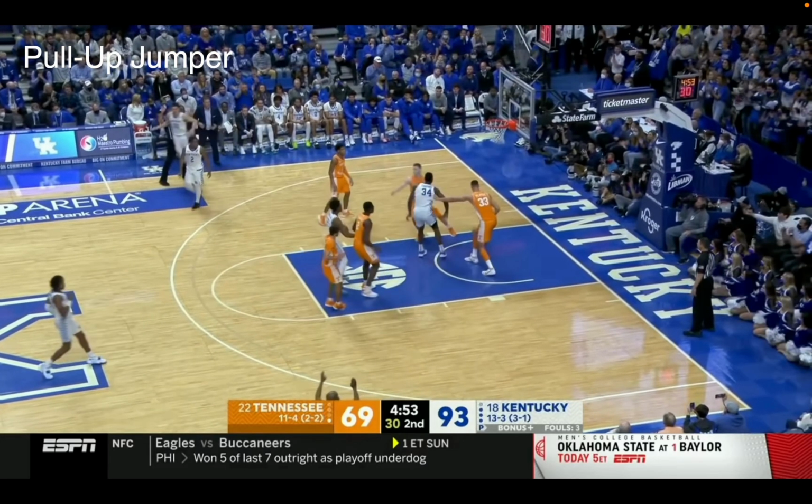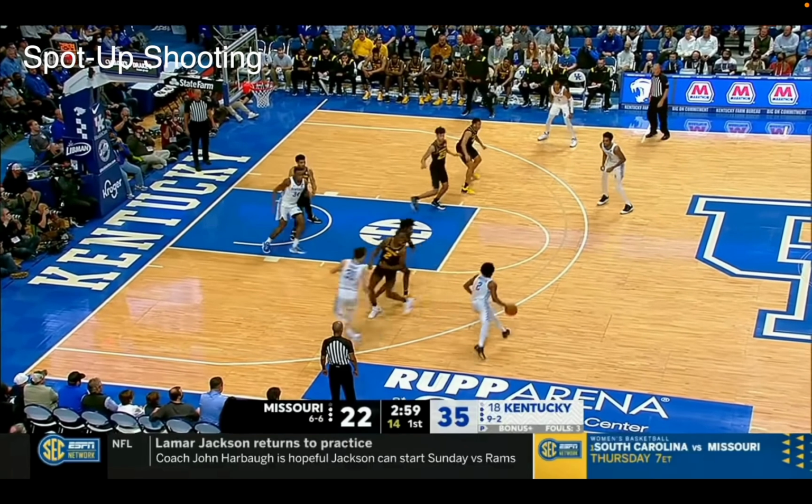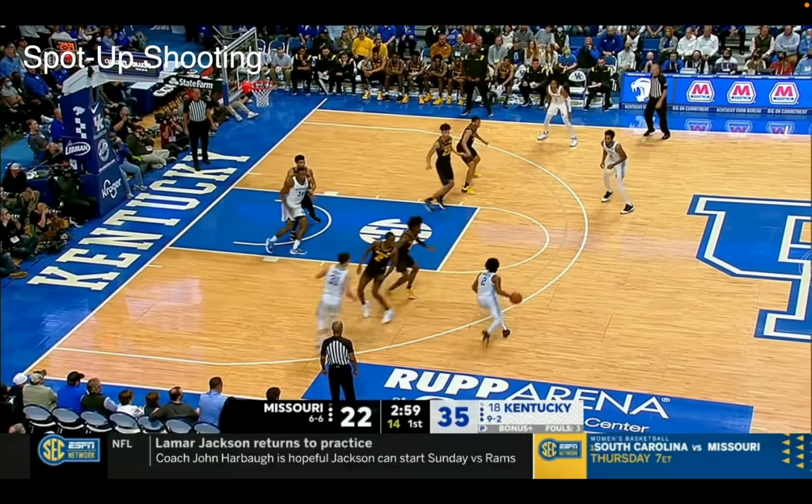He has very good handles, not crazy blow you by, break you down sort of thing, but he does a good job combining it, and he's got very strong handles, good control on the ball. Averages only 1.6 turnovers. It's a testament to his decision making and also his ball handling ability. And I talked about the pull-up game and being able to hit mid-range three-pointers. He's also very good at spot-up three-point shooter, which you always love, and that's part of why he can thrive